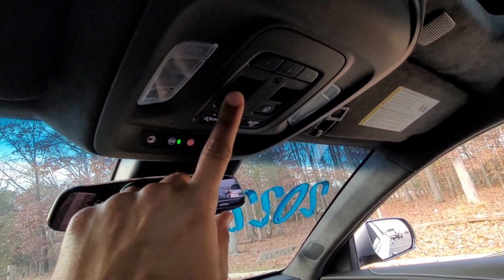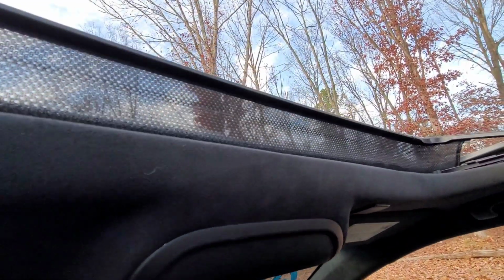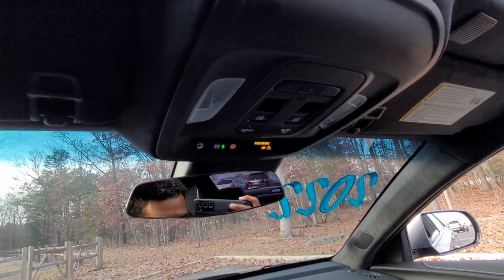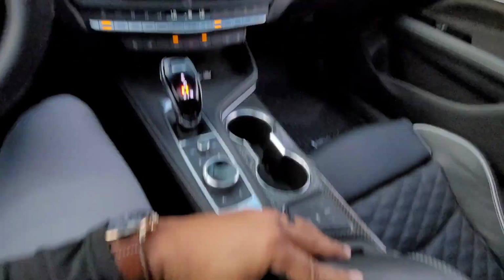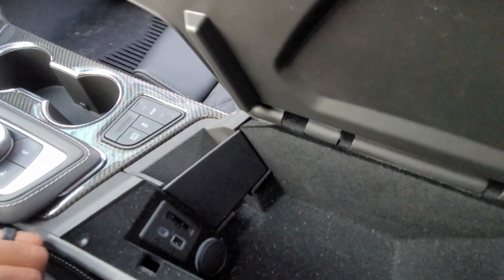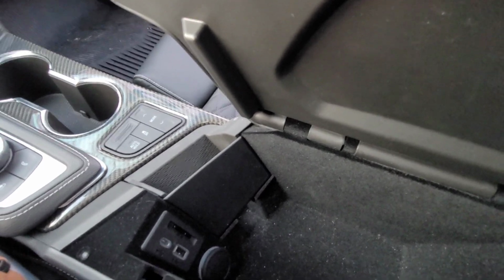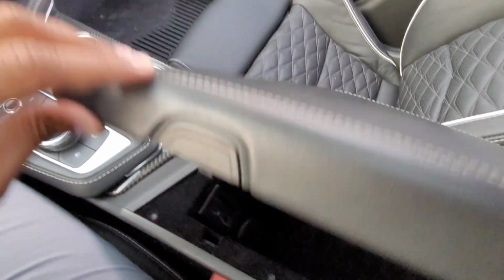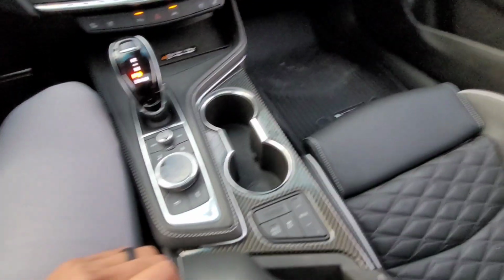But to slide open the sunroof, you just push that button there and it opens it up. Have a nice little net there to keep the bugs out when you do have the sunroof open. And then in the armrest right over here, you do have not that much space there. You do have three more chargers, actually, a 12-volt along with a USB-C and a regular USB, and other selectors